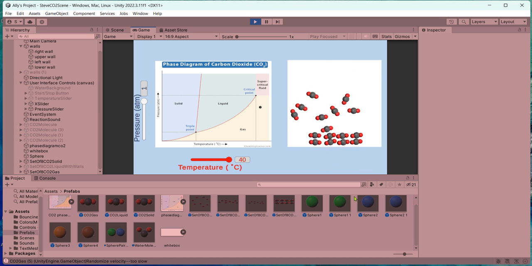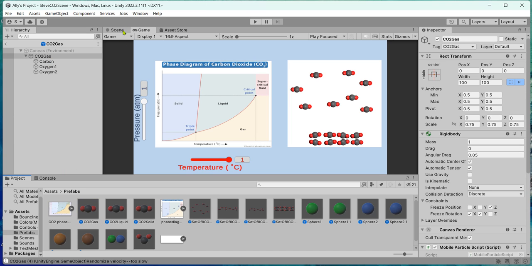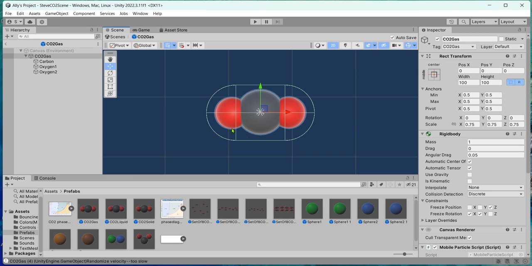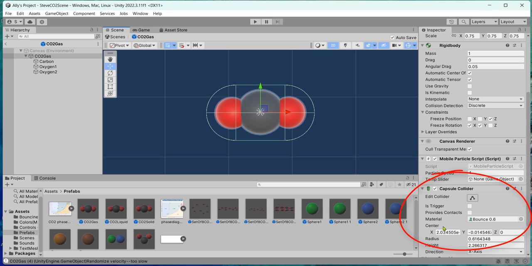I did this with prefabs and making the prefabs have different components. So down here at the bottom, prefabs, I have three different prefabs, one for gas, liquid, solid. If we look at the gas, they all look the same molecularly speaking, but the CO2 gas has the mobile particle script, capsule collider with fairly high bounce,